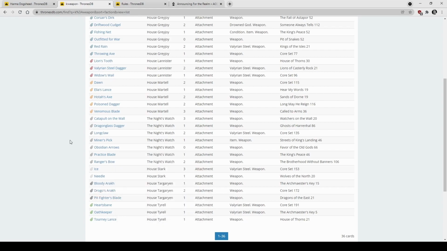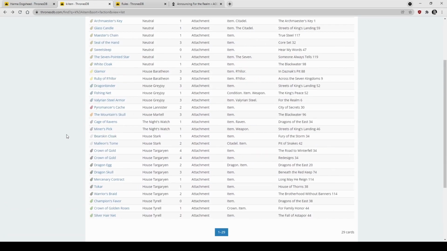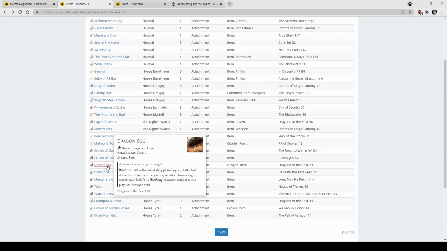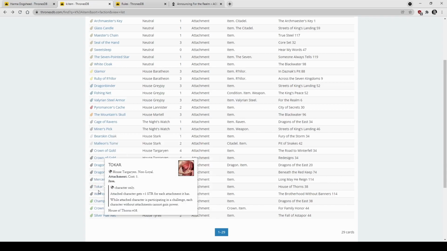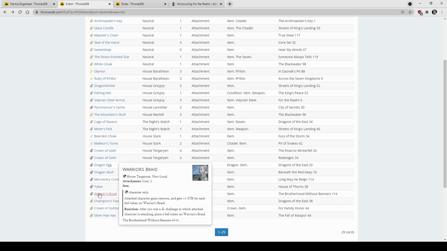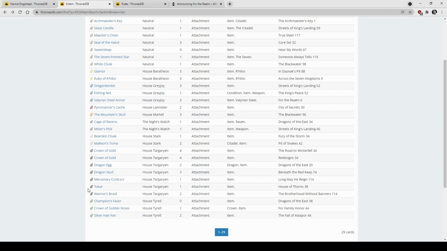And insight, is it in Targaryen? I think there was one. Yeah, the Dragon Egg they have gives insight. And was there one with renown? Warrior's Blade. Pitfighter Blade. Oh, and Pitfighter Blade apparently. Yeah, so you can get there